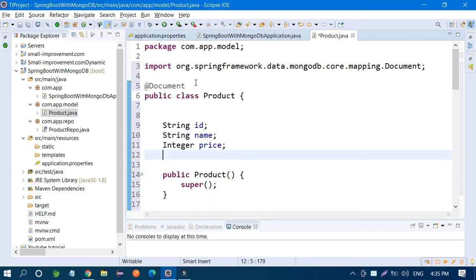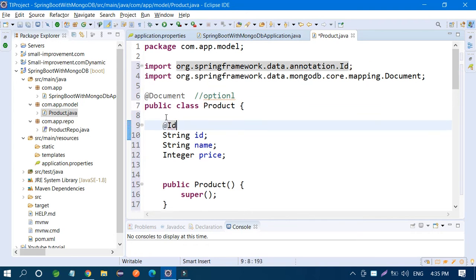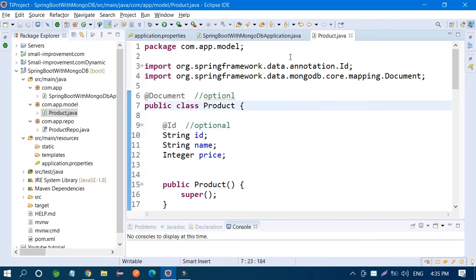I already said it's optional in MongoDB. And you have to write @Id here. It's also optional. Don't worry about it. It's completed.